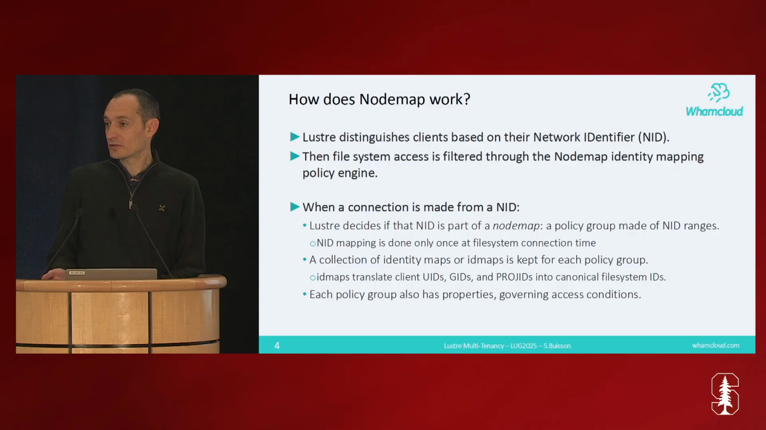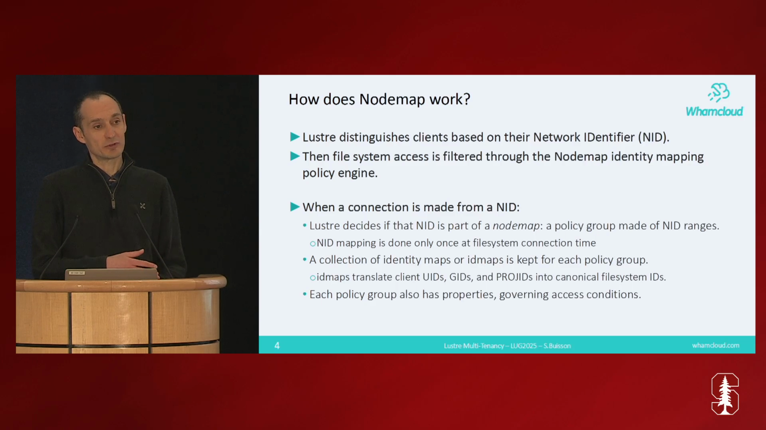So how does the node-map feature work? Well, you may be aware that Lustre distinguishes the clients based on their network identifiers. So it's what we call the NID. It's basically the network address of the clients. And then every file system access goes through the node-map identity mapping policy engine. So what does that mean? When a client